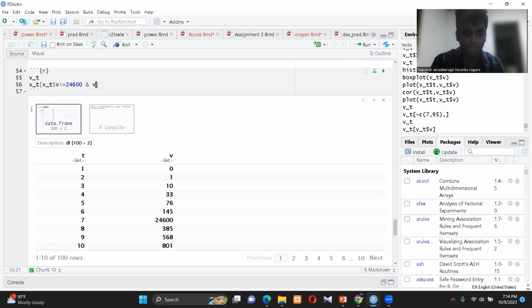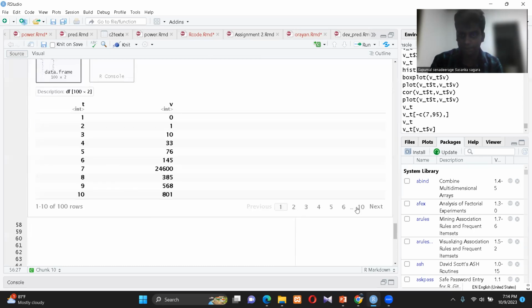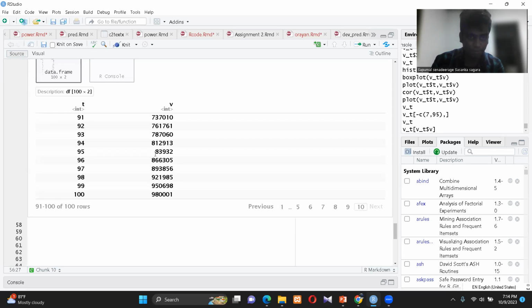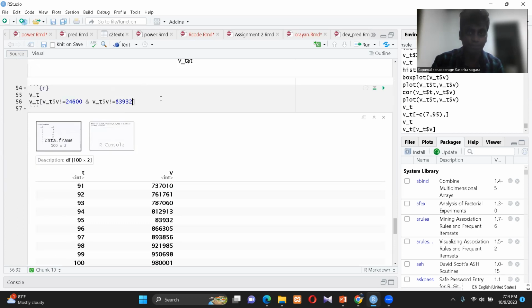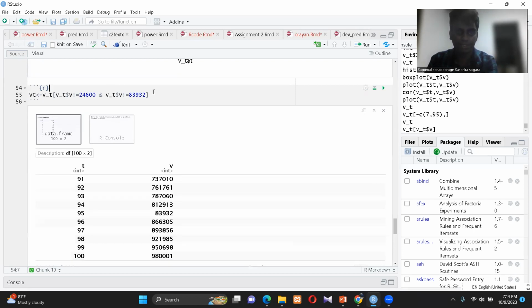What is it? We underscore t dollars. We used to exclude that value as well. What is it? It is 83,932. So this one. Right, okay. Now I will let it be equal with v underscore t further. Actually, I feel like it's a little bit difficult to type v underscore t, so I will make it vt,